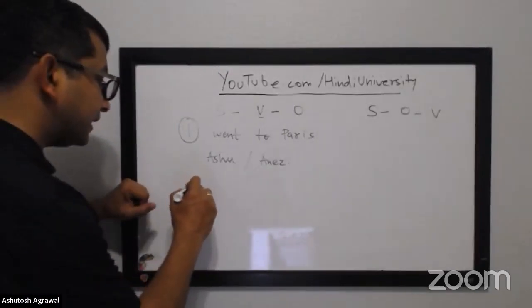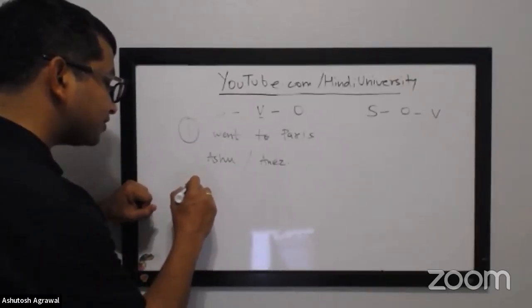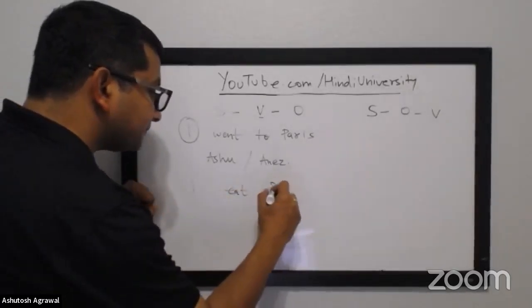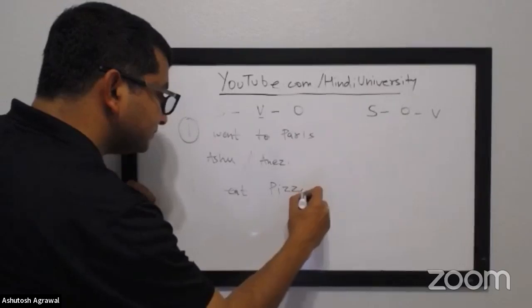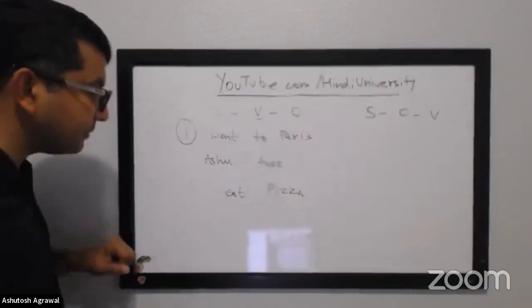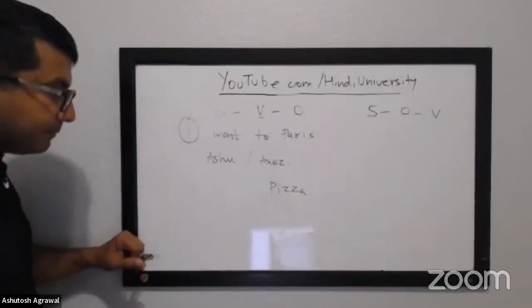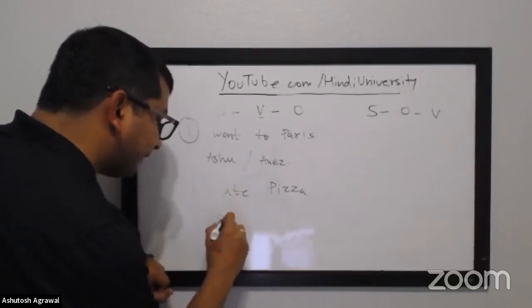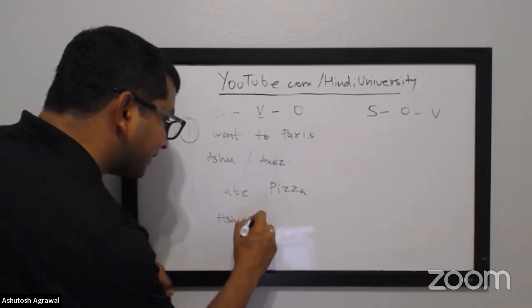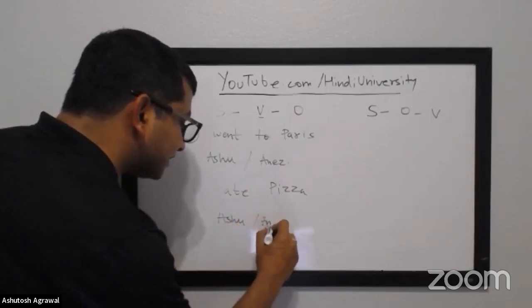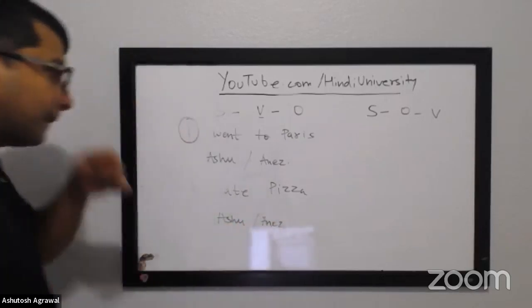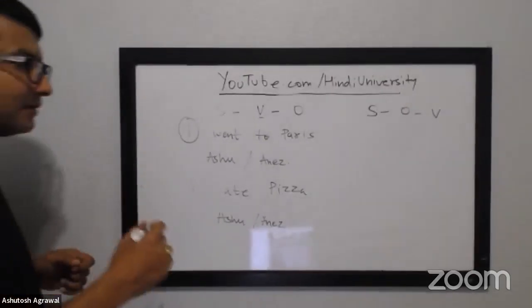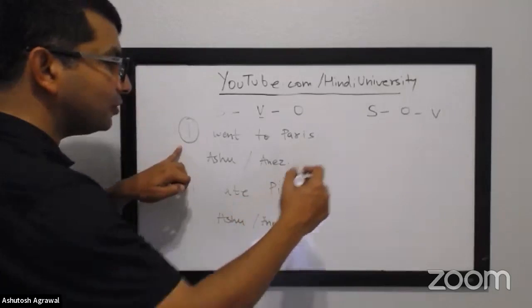Now let's say you want to say in English the other sentence, I ate pizza. Same thing. If I'm saying it, I'm going to say I ate pizza, and Aneska ji is also going to say the same thing. Now we'll compare it with Hindi. How will you say this one, Aneska ji?